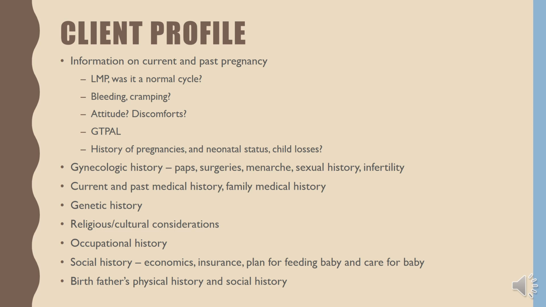So some of the things you want to think about is information on the current and past pregnancy. So in order to figure out what the due date is, we have to think about when the last menstrual period was and whether it was a normal cycle or not. Sometimes women can get just a little bit of spotting at the time of implantation, and so we do have to ask questions on was it normal to differentiate if what they're telling us as a date for a last menstrual period was truly a period or was it potentially implantation, because that can change the pregnancy time frame by